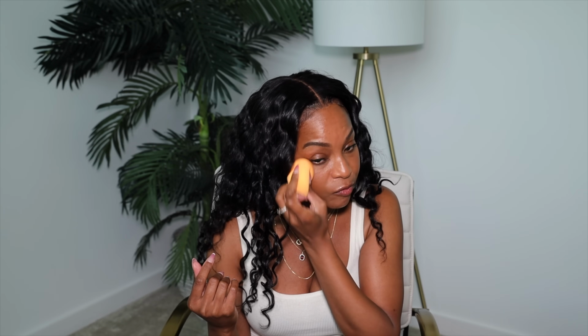This has been my routine for a minute. I love just a concealer routine. I need to pull my hair back. Why do I do this? Oh, it's so much better. It don't match. But girl, do they need to match? They kind of do. And then for the concealer, I think I'm gonna go in with my MAC Pro Longwear